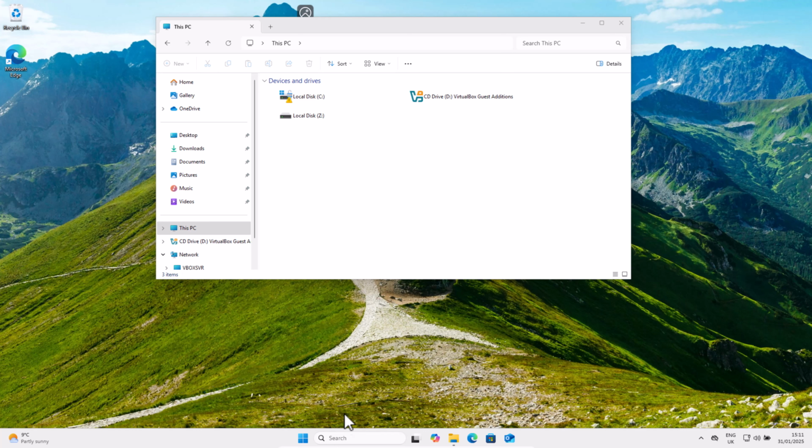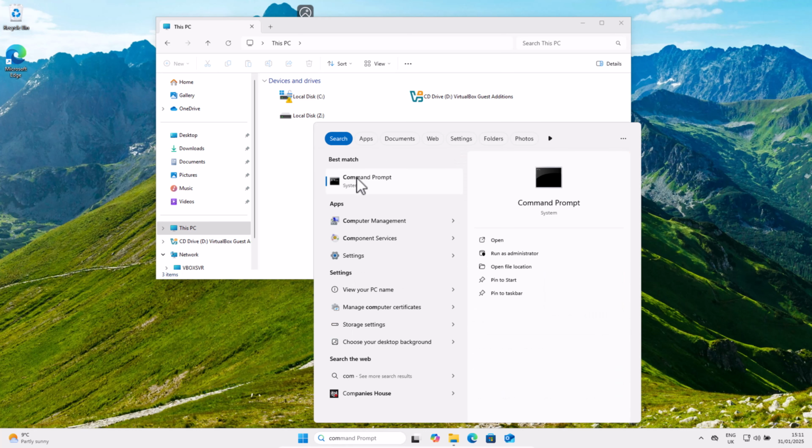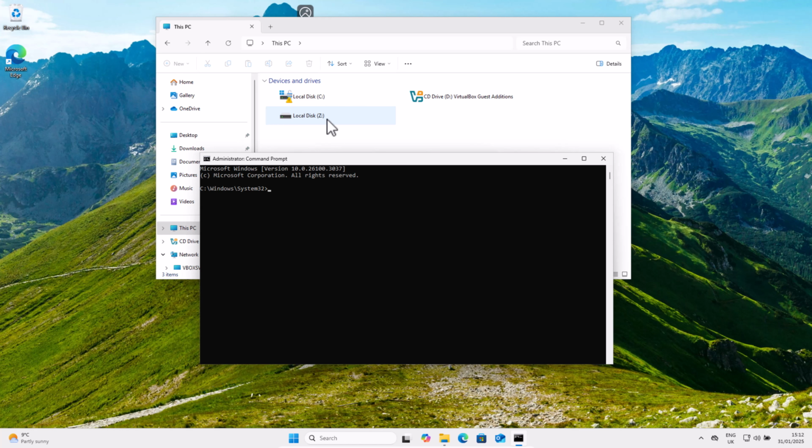So to check a file system in Windows 11, in search type in command prompt. You will see this command prompt icon, right click on it and click on Run as Administrator. And to check the file system of our local disk Z, we use the command fsutil space fsinfo space volumeinfo and space, and then you need to specify the drive for which you want to check the file system. As we want to check for Z, we type in capital Z and colon